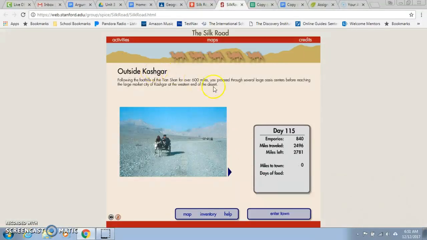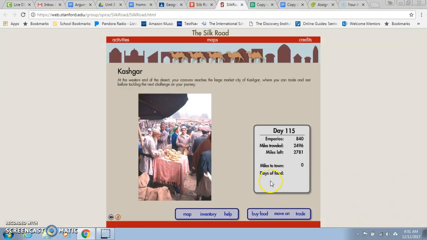Now again, I'm looking up here at the top as it goes. I'm not seeing any new information. It's just more information about the desert. So I'm going to go ahead and enter Kashgar. Now inside of here, I have a couple of different things that I can do. So first I can see the number of miles that I've traveled to get to Kashgar,